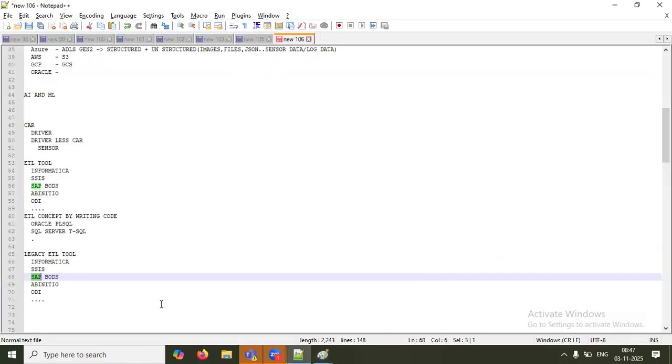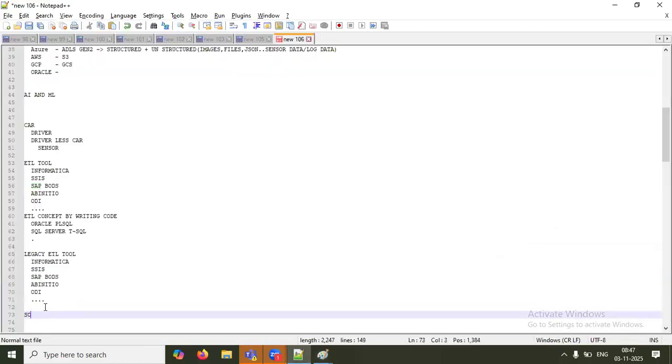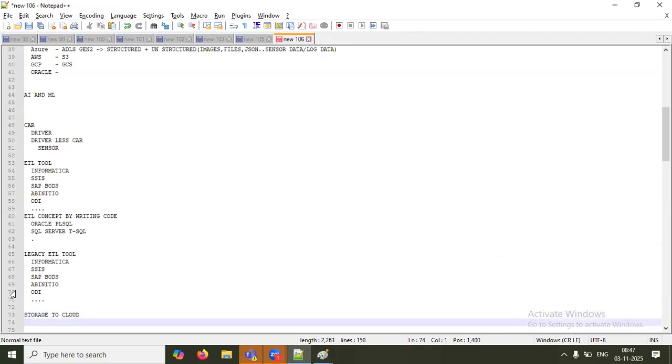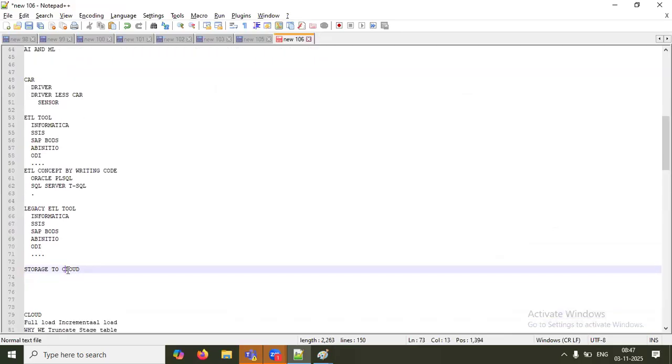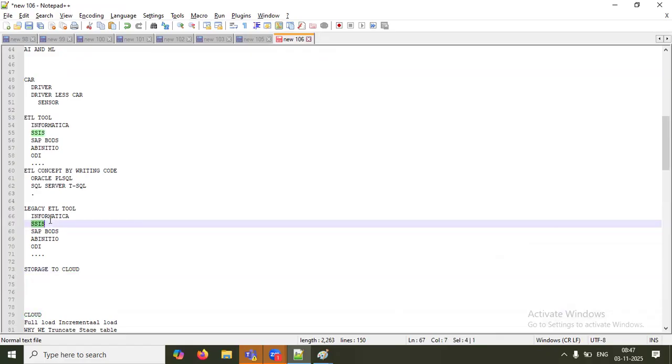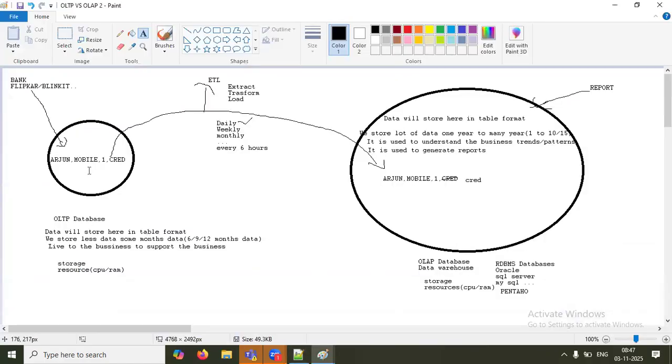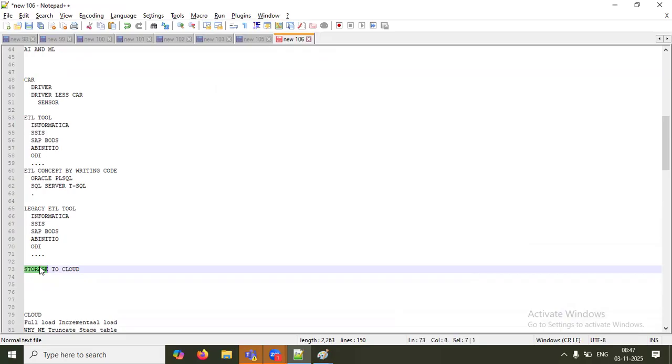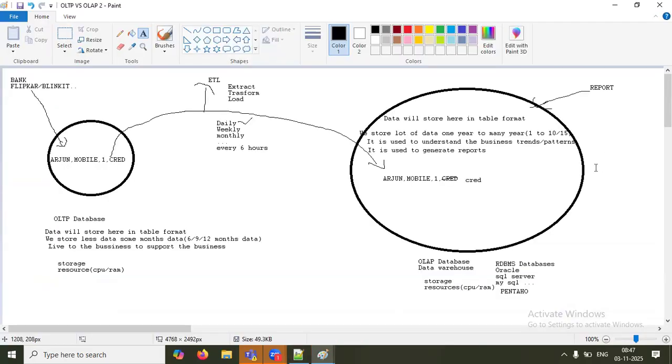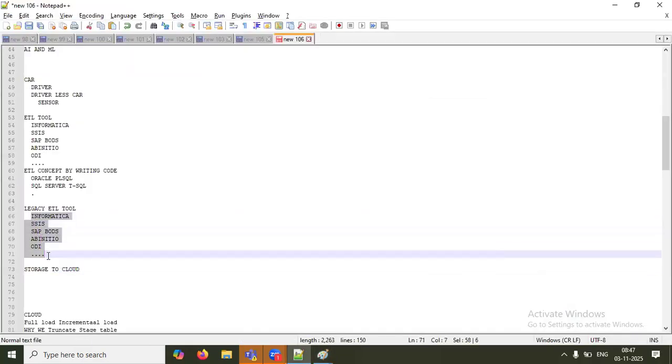Now people are moving their storage to the cloud. Now data is there in the cloud. If you want to read data from your RDBMS databases and store into cloud storage, or if you want to read structured data, unstructured data, and keep it in data warehousing databases, these tools won't support that.